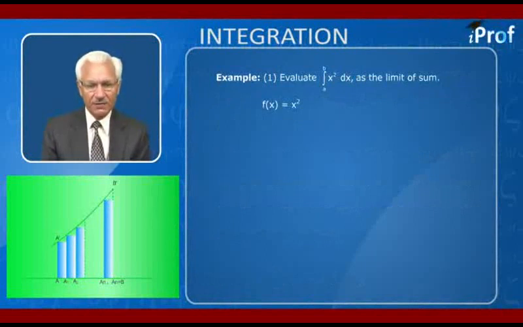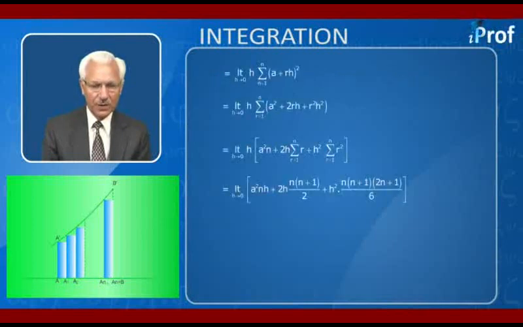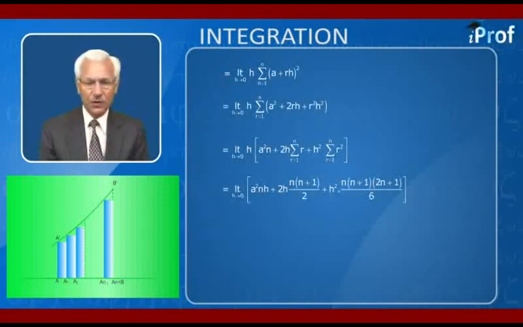The integral from a to b of f(x) dx, as we have established, is the limit of the sum: limit h tends to 0, h times summation of r going from 1 to n of f(a plus rh), which is limit h tends to 0, h times summation r going from 1 to n, f(a plus rh) becomes (a plus rh) whole square, which is equal to limit h tends to 0, h summation r going from 1 to n. We expand (a plus rh) whole square, which becomes a square plus 2rh plus r square h square,